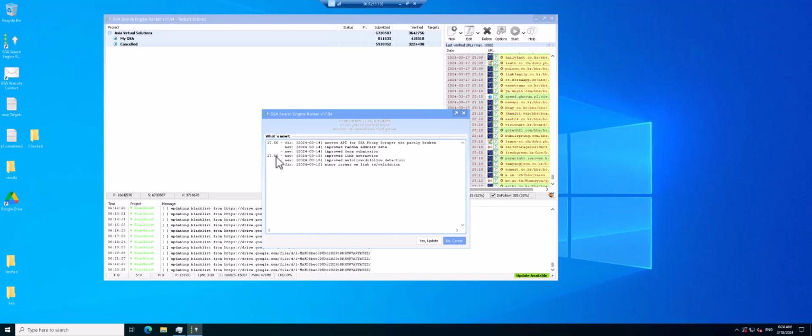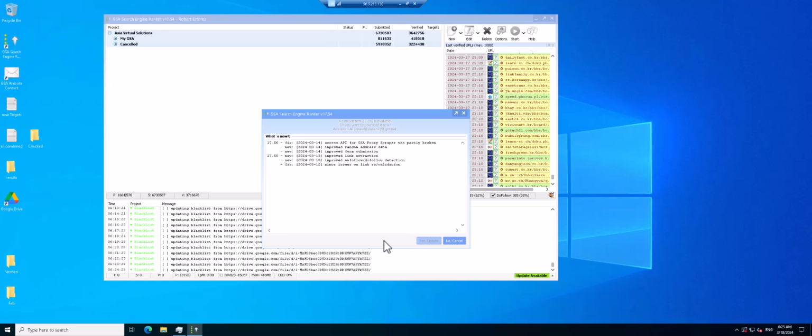If we go to the minor issues on link revalidation, they fixed something. They improved the nofollow, dofollow detection. They improved the link extraction, so that it looks for links and extracts the links from websites. They improved submission, so maybe it's just a little bit faster or better at the form submissions. The random address data has been updated, and they updated the API key for GSA Proxy Scraper, which was partially broken. So we click on yes,